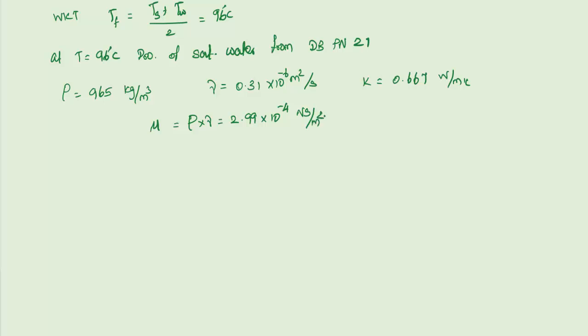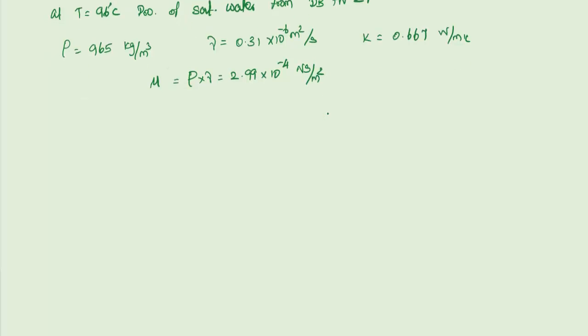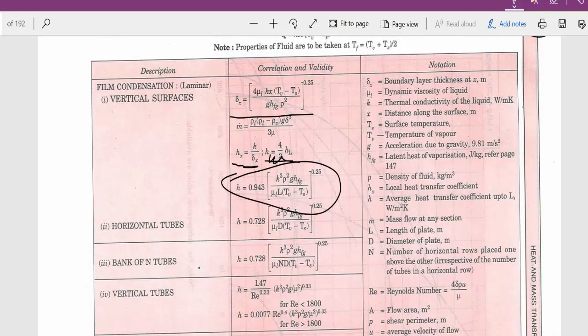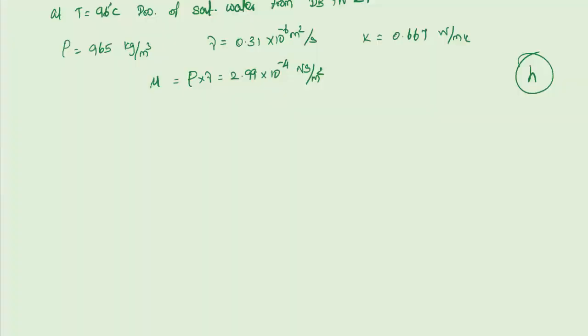Okay, now you have to take the formulas. First thing, you are going to find out the H value. This H value has to be found in the first subdivision. So for the H value, you have to take the formula from the data book. You know that in the problem, it is given as a horizontal tube. For a horizontal tube, the H value formula is given here. It is 0.728 K power 3 rho squared. That formula you have to write in our problem.